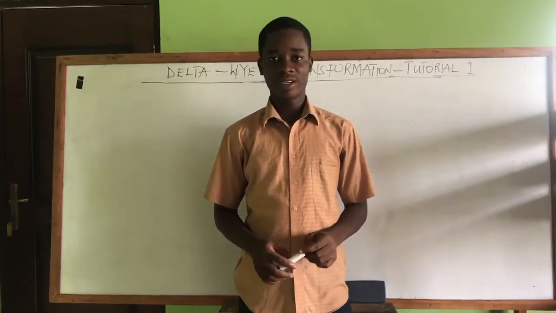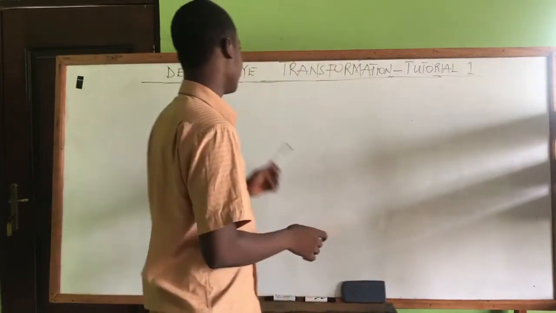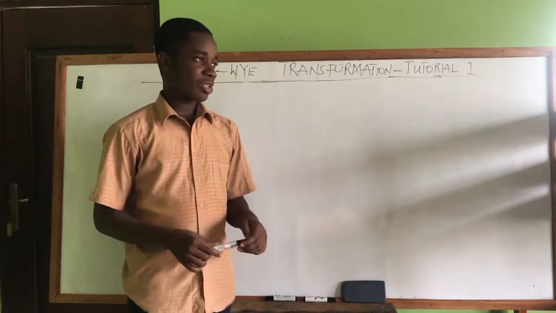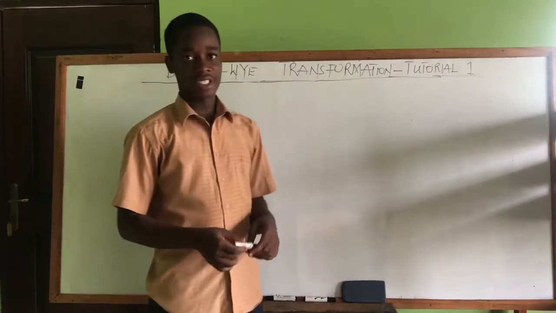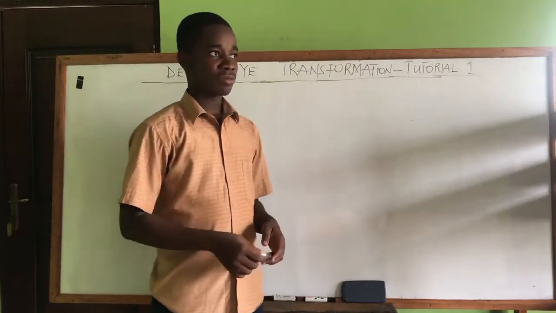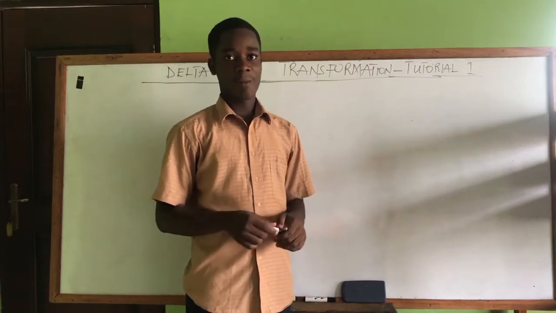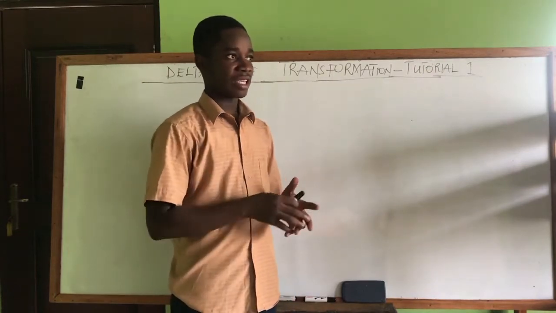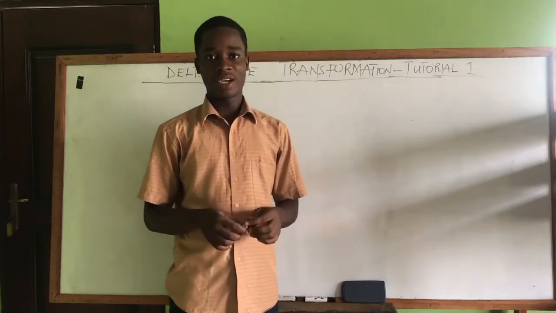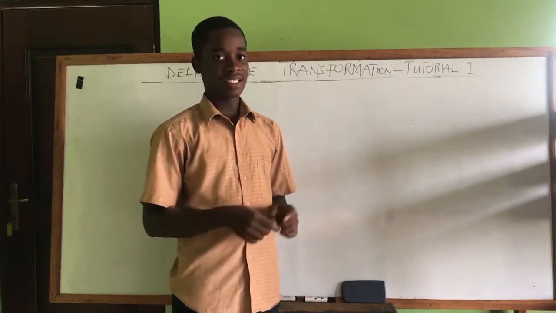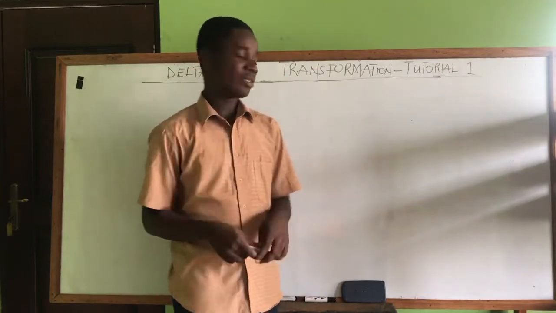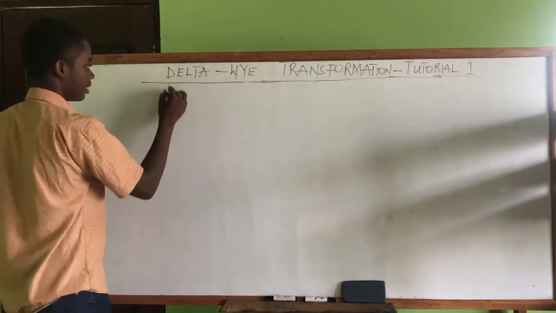Back to today's tutorial. Today we will be learning about delta to Y and Y to delta transformation. For some circuits, for example the bridge network, it's not possible or not easy to combine the resistors in series or parallel. So for those kinds of circuits, we apply the three-terminal equivalent network, that is the delta or pi, and the Y or T. So we have a delta network